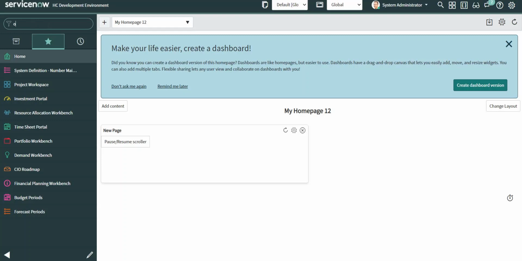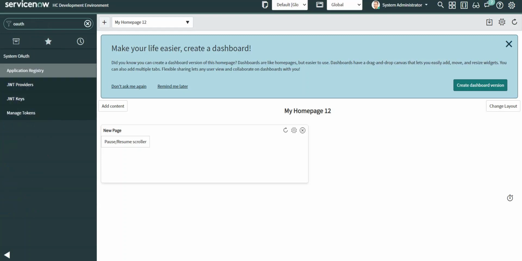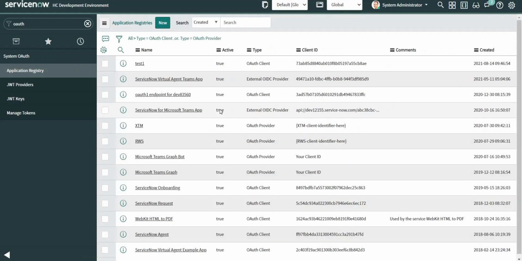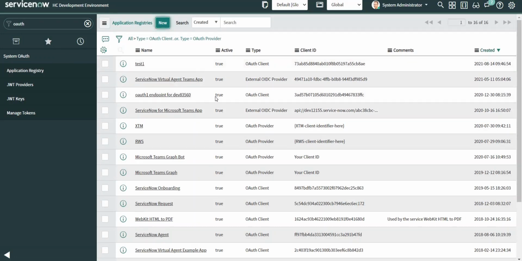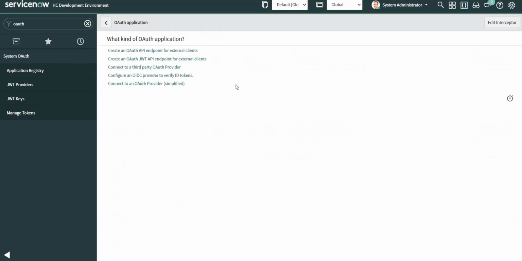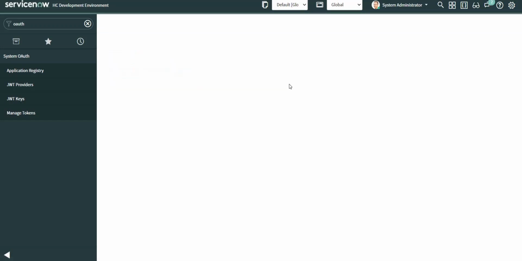So first of all, I am going to my OAuth application registry and I will create a new application registry. You can see that this is the newest option added over here: Create an OAuth JWT API endpoint for external clients. Let's click on this one